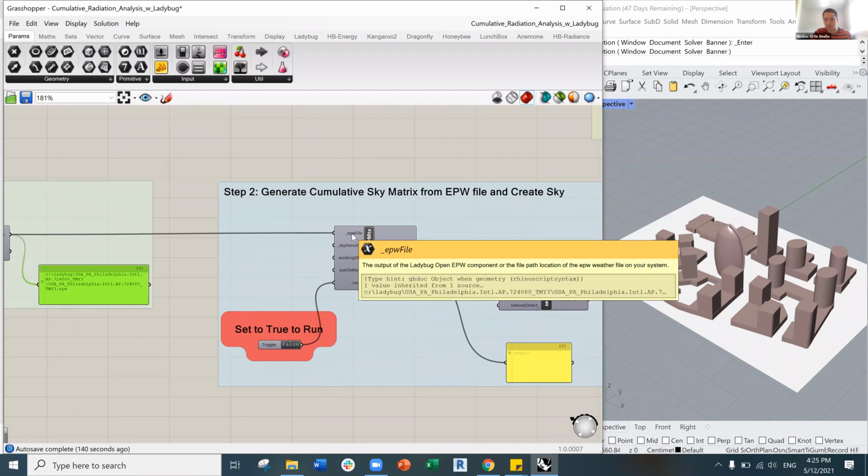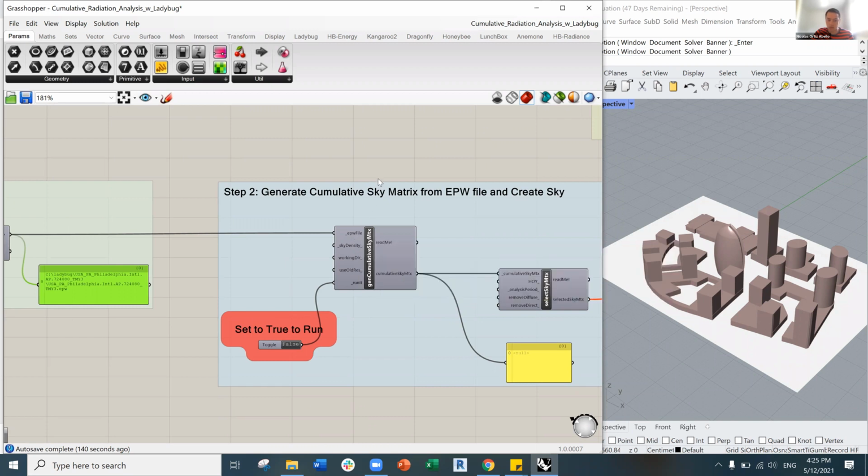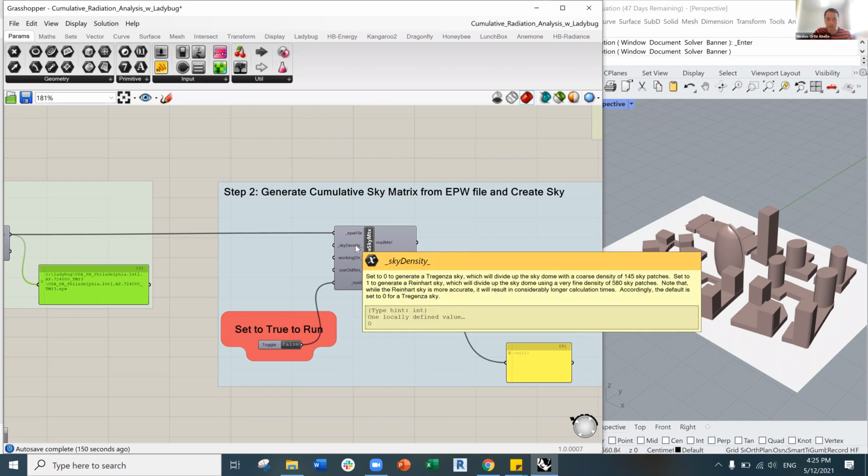You could also get more complex, and this is one thing that I would recommend if you want to explore very particular values, and it's the sky density. The sky density is just a parameter of 0 or 1. By default it is 0. The difference between those two is the way the sky matrix is assembled. There are 2 ways of creating a sky matrix, or panelizing the sky dome: the Treganza way, which uses a small number of panels, and the Reinhardt way, which is a little bit more